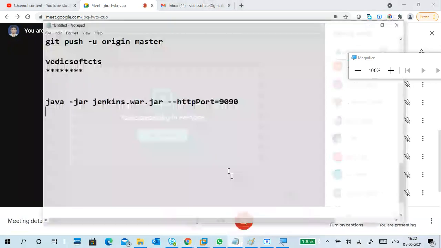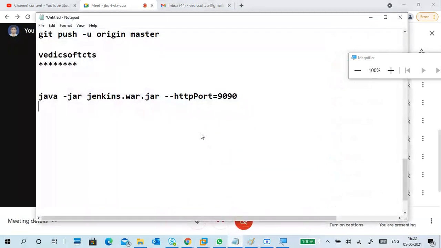One small point I want to repeat, though you already know it. What is Jenkins? It is CI/CD: continuous integration, continuous deployment.